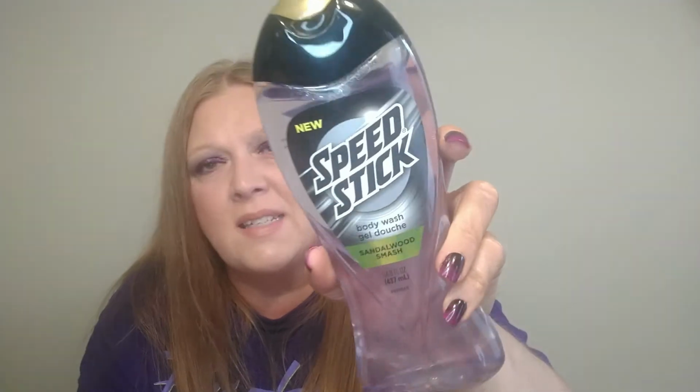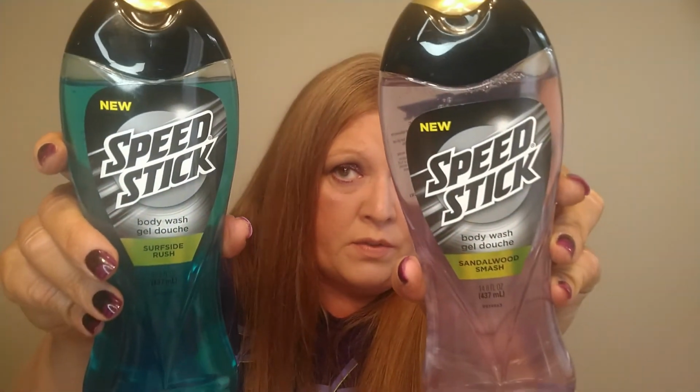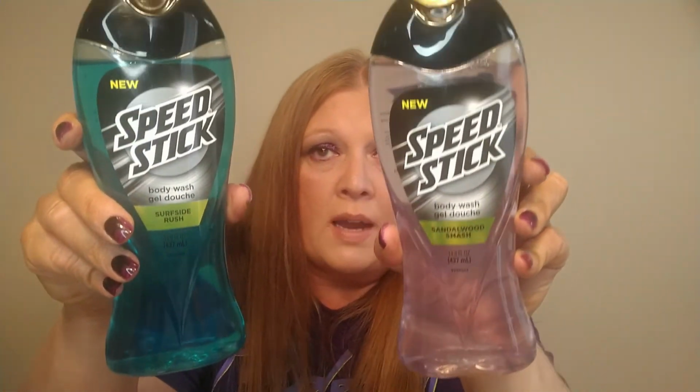And so this one is the Speed Stick for men, which I'm assuming is for men. It doesn't say that it's for men, but it says Speed Stick body wash. And this one is in the scent Sandalwood Smash. And then this one is in the scent Surfside Rush. And these are 14.8 fluid ounces, which is a really good size. So they're pretty big. So I did grab just one of each of these, and